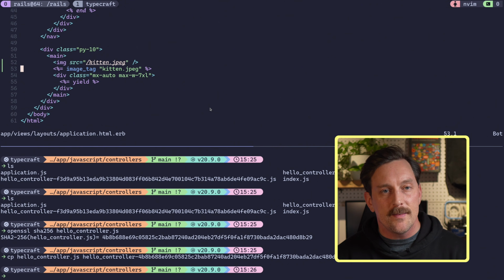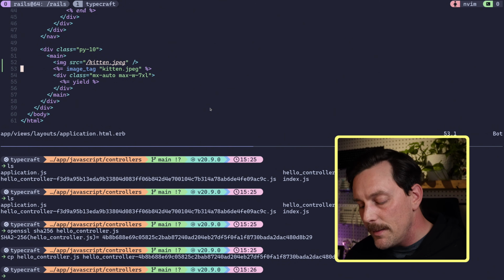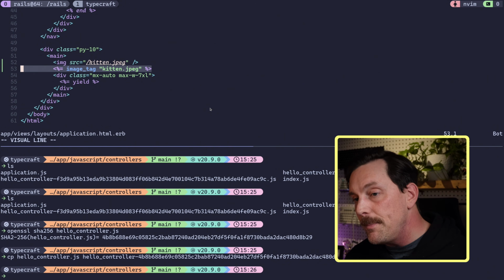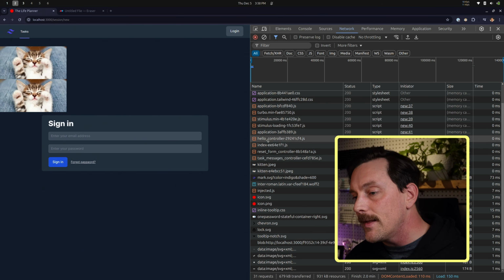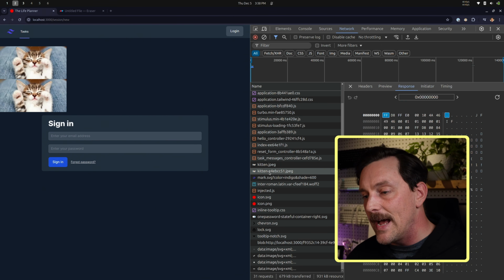It doesn't transpile anything or minify or concatenate files. It merely digests and stamps files to provide a nice cache-breaking solution, and it provides nice mapping from those stamped assets to their actual files in dev. Here, check this out. So as you remember from the example we talked about before, we used an image tag for our kitten.jpg asset, and we got back a hashed value